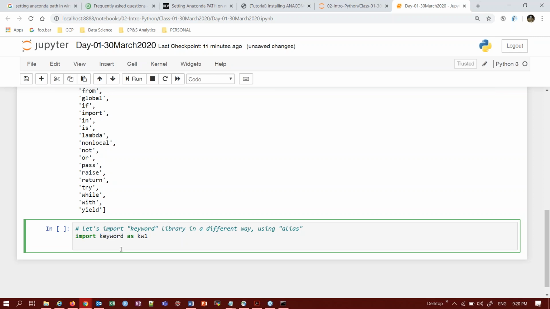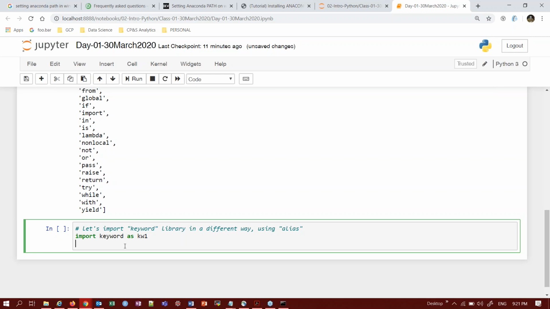Let's say if my name is too big for somebody to spell, they can shorten my name with the first letters of my first name and last name. So my entire name gets shortened and it becomes SB. So in the same way, I have actually shortened keyword into KW1. In which case is this really helpful? If I have a library which is long in length, if I have a library name which I don't want to type frequently, I just want to make my life easier,